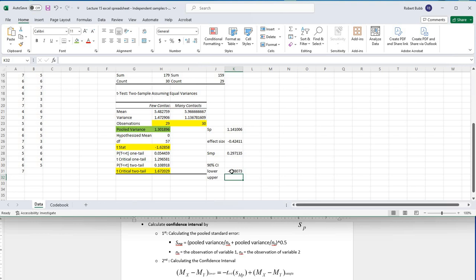All right, for the upper bound, we're going to do the same thing. So actually, I'm just going to copy my formula from above. If you do this, make sure after you copy it, hit